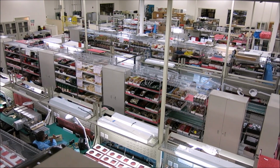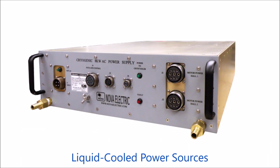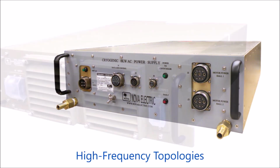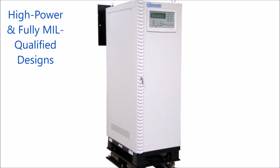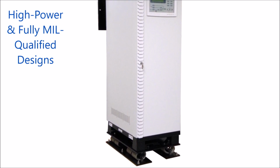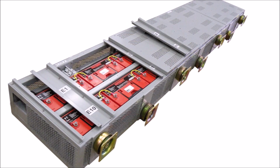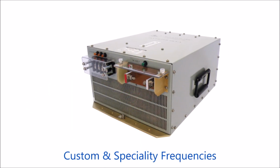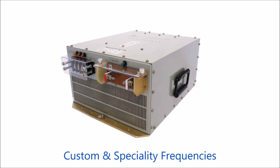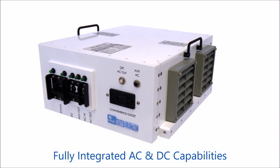Specific areas of expertise in customized supplies include liquid-cooled power sources, high-frequency lightweight topology, high-power applications, formal third-party qualification to MIL standards including 1399, 461, 901, and 810, custom frequencies including 25, 91.6, 100, 200, and 250 Hz used for rail signaling, and integrated AC and DC power